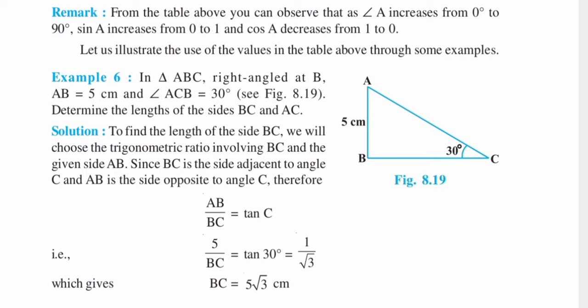So substituting the values, you have 5 by BC is equal to tan 30, and from the table you know the value of tan 30 is 1 by root 3. So 5 by BC is equal to 1 by root 3, which implies BC is equal to 5 root 3